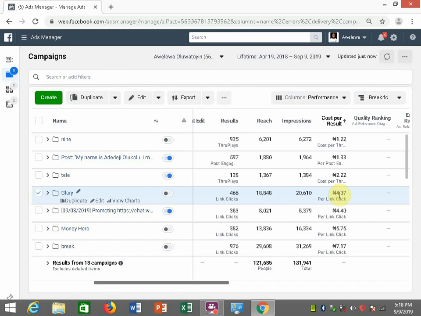Everything that you do culminates into this cost per click, this per link click.